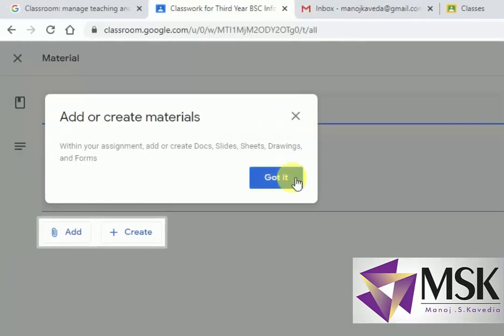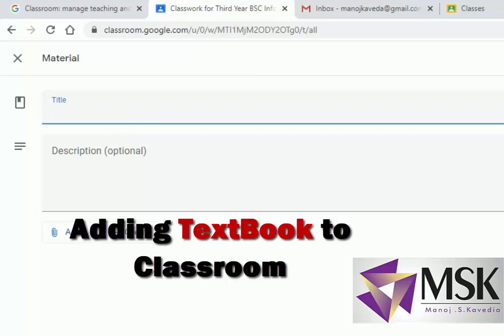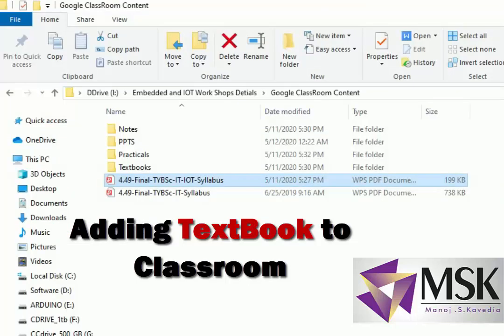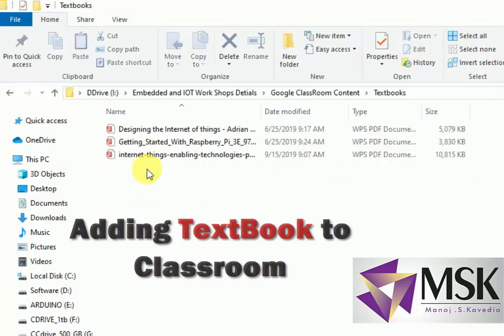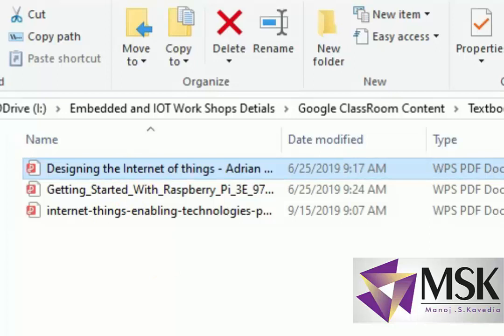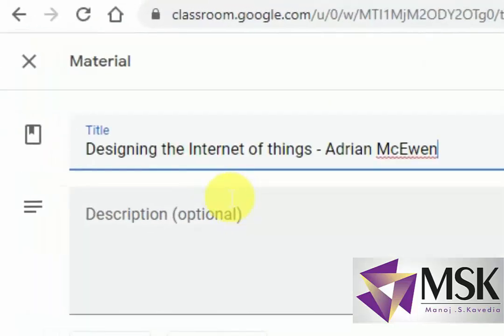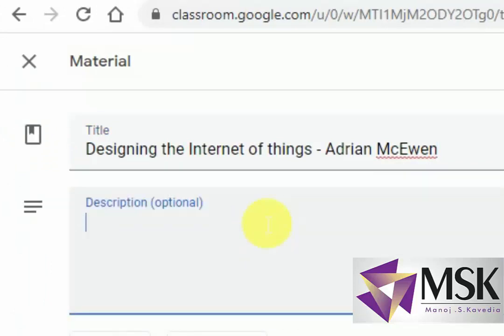So I'll say textbook. Now what I can do, I can take the name of the author over here, or the title of the textbook and name of the author. So I'll go to textbook. I'll say this is my textbook which I have to load. I'll load here. Fine. Description. Simply I can say textbook recommended in syllabus.